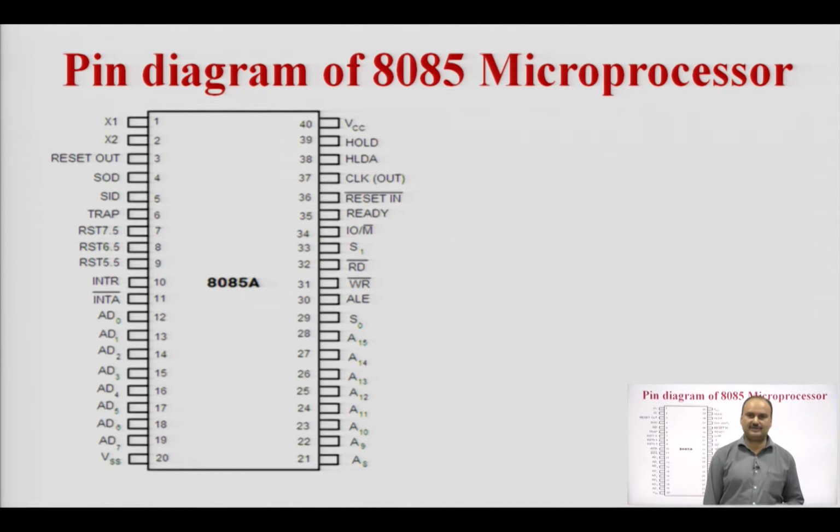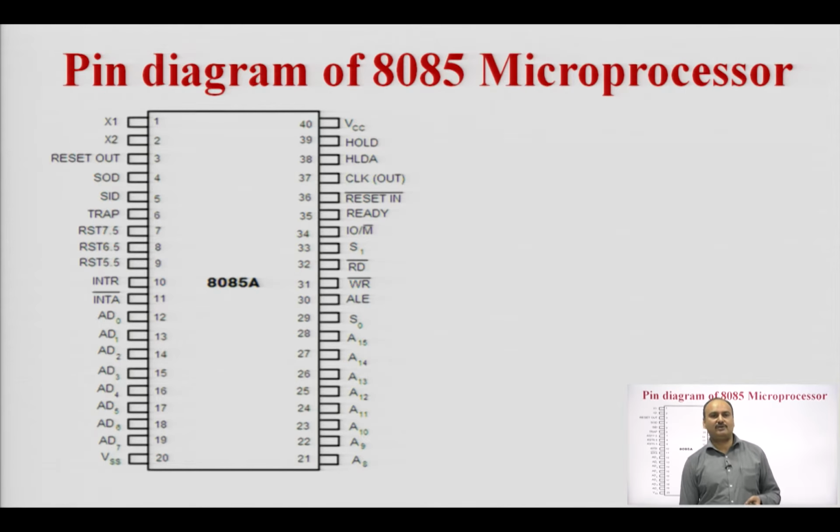In the 8085 microprocessor, the low order address bus A0 to A7 and the 8 bit data bus, D0 to D7, are time multiplexed. Time multiplexed means the same pins are used for the low order address, A0 to A7, and the 8 bit data, D0 to D7. In order to reduce the pins of the 8085 microprocessor, the low order address bus and data bus are combined or multiplexed. Pin number 20 is dedicated to the ground pin. So, here the ground is connected to pin number 20 of the 8085 microprocessor.